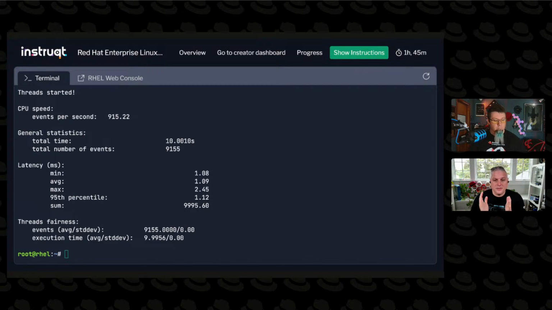All right, so the thing about benchmarks, though, is that what you're doing is you're trying to gauge the maximum capability of your machine. And we'll talk a little bit more about this in the deeper dive. But you're doing that so that you can compare the maximum capability of the machine to the maximum capability of something else. So why don't we do the same benchmark on another box